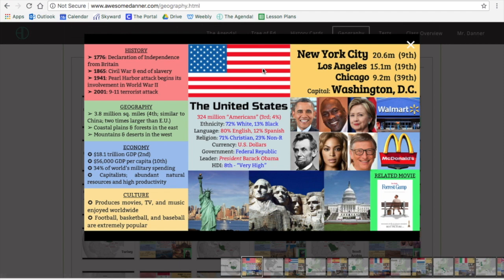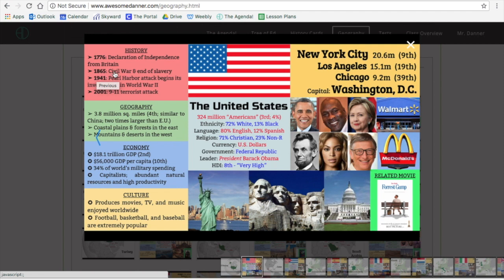All right, so you've got your flag in the top left box. Let's run through this. So history, you guys are going to get a lot of that history in this class throughout the year, obviously. We're gonna start a little bit earlier than this. The Declaration of Independence officially is when we become a country, but we're going to give a little pretext to the story. But as far as the United States is concerned, yeah, we start in 1776, the Declaration of Independence. Some of the big moments in our history: 1865, we have the Civil War and the end of slavery. And that's kind of where we'll end this class in May, talking about the Civil War, the end of slavery,